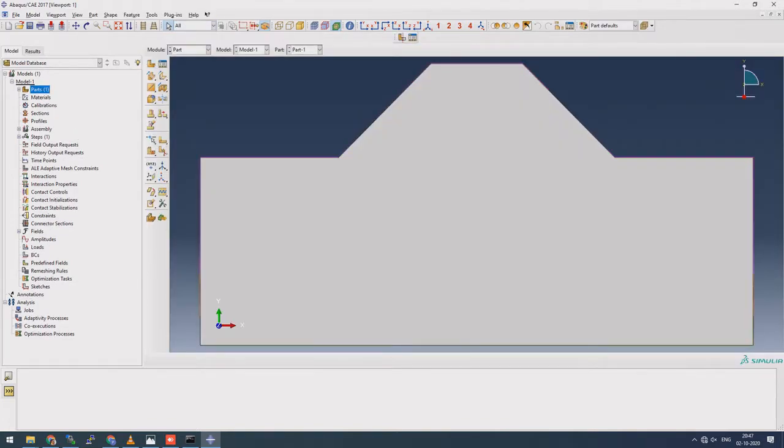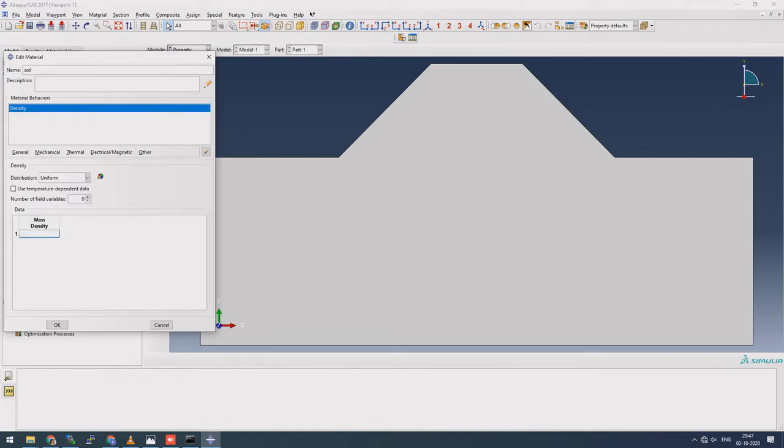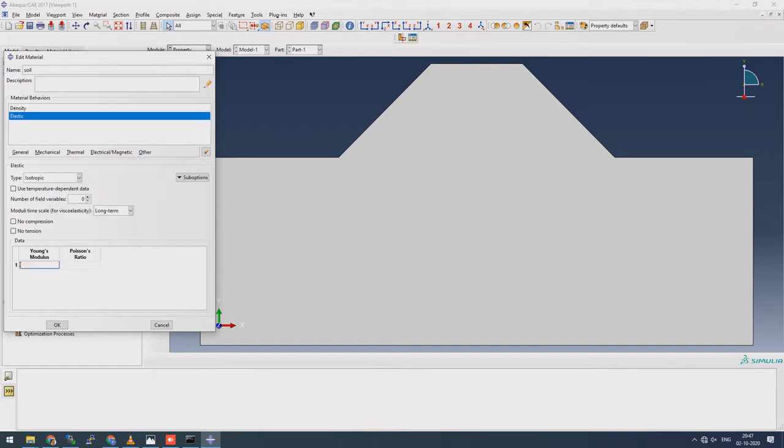So it's our sketch. Now I'll create a soil. To create a soil, I will go to property, go to material, and name it soil. For general properties like density, I'm guessing 2000 will be good. Mechanical properties, let's say 30 megapascal soil, with a Poisson ratio of 0.4, which is very general. Soils have that.